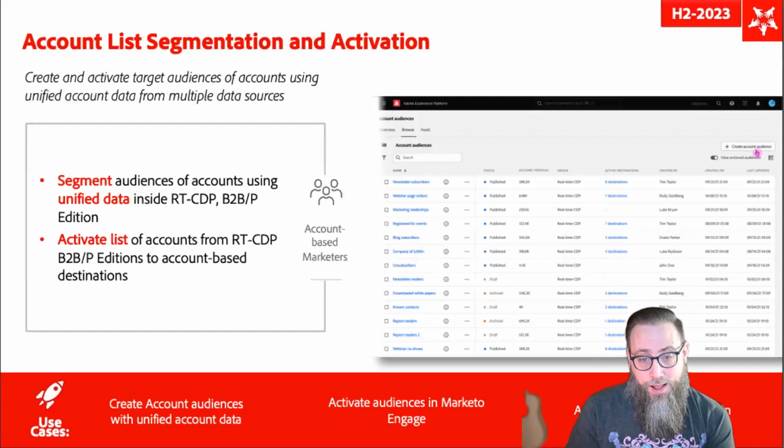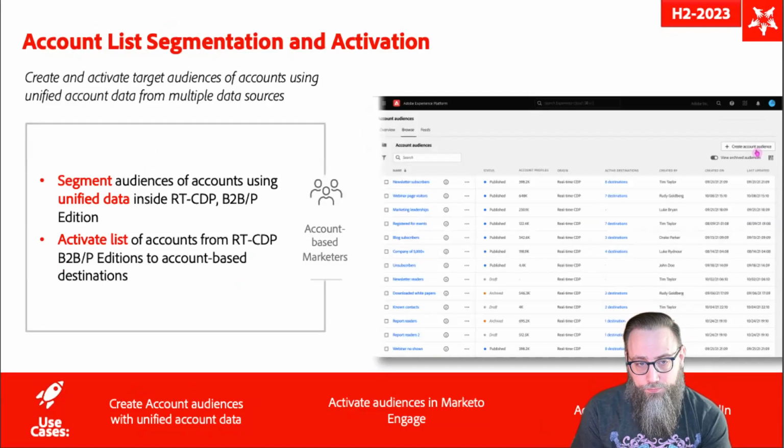And then moving into the second category, Adobe talked a lot about account list segmentation and activation. So this was an ability to create new records and accounts based on whatever unified data is in your CDP. So lots of cool things.